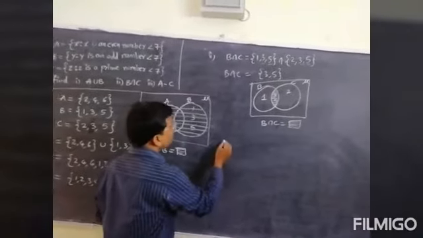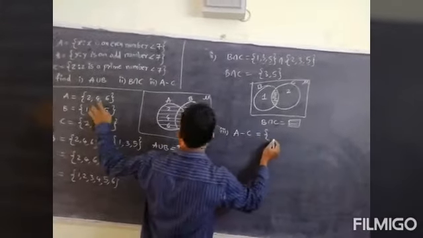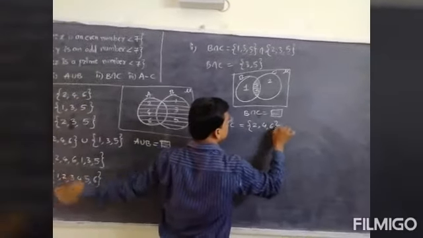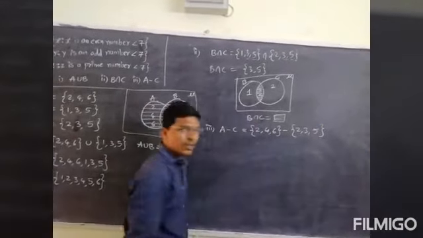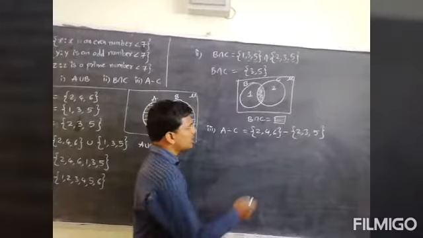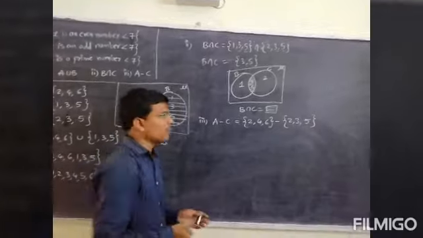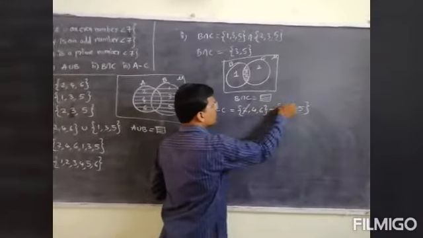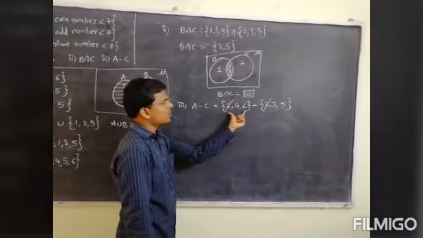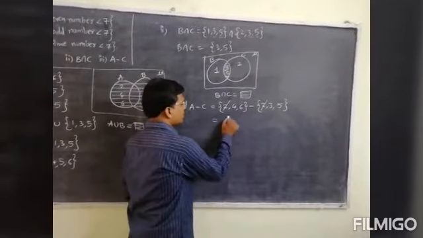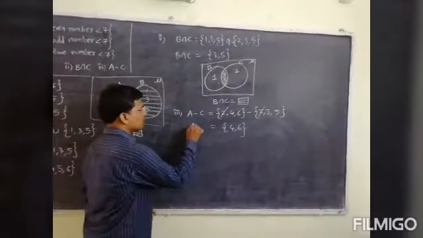Okay, next A minus C. Third question, A minus C. So what is set A? Set A is {2, 4, 6} minus, what is set C? {2, 3, 5}. Okay, so this is A minus C. Here we are doing subtraction. Subtraction means cancel the common term. So here 2 is the common term, so we can cancel it. Then we have to take only the first one, set A. So write the elements of set A: 4, 6. No need to write the 3, 5. Okay, so this is A minus C.